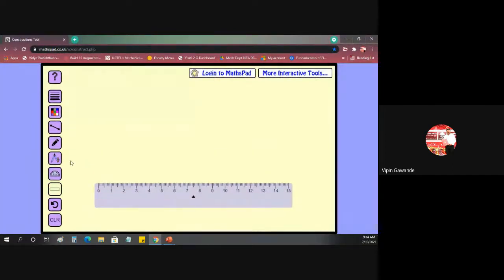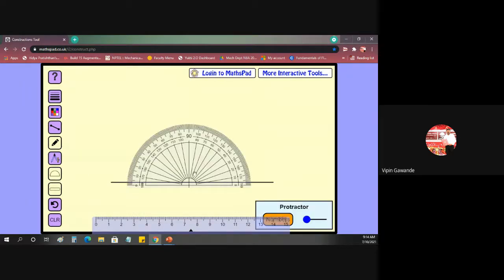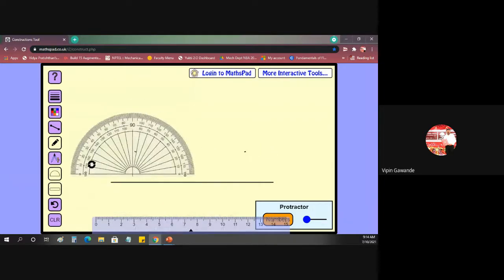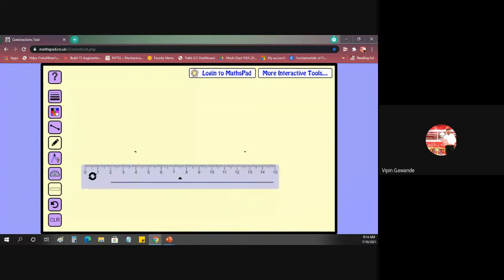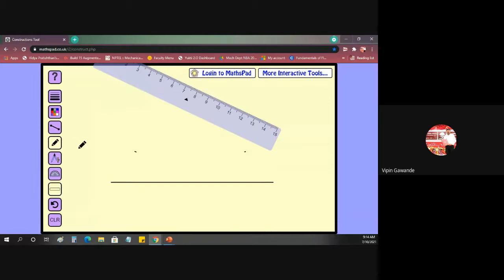First of all, you have to take the horizontal line. After that, you have to take a 30-degree angle on both sides. So on this side a 30-degree angle, and on this side also a 30-degree angle. Then you draw this inclined line. I have not marked the center of this one, so let me take the center first.